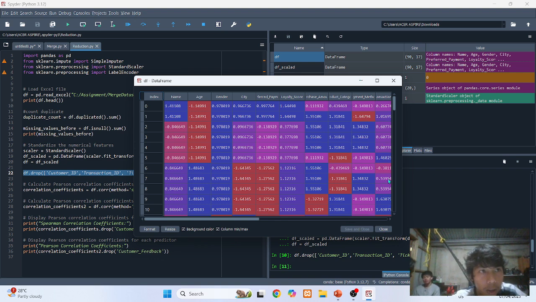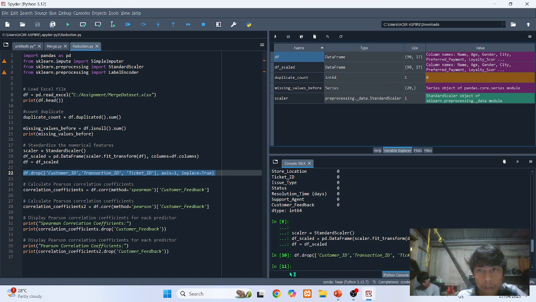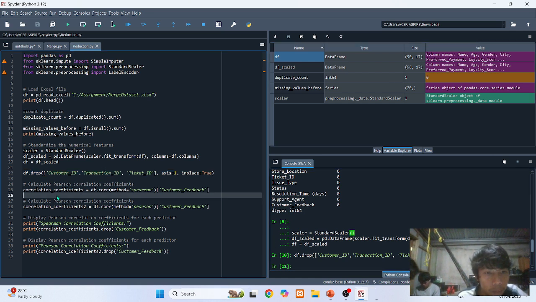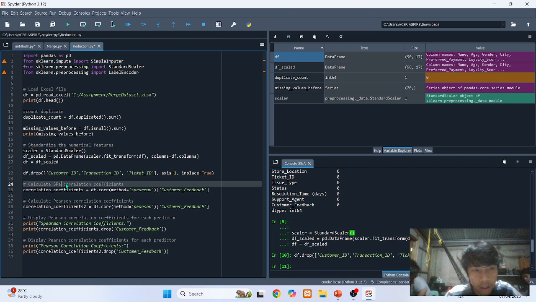Next, we are going to calculate the correlation coefficients using the Spearman method, or Spearman correlation. So now we are going to calculate the Pearson correlation coefficient. This should be Spearman.